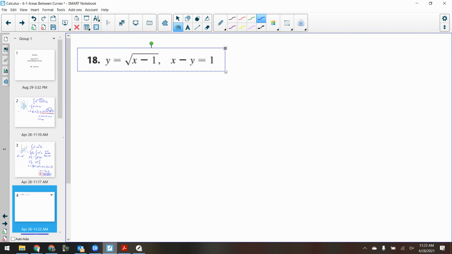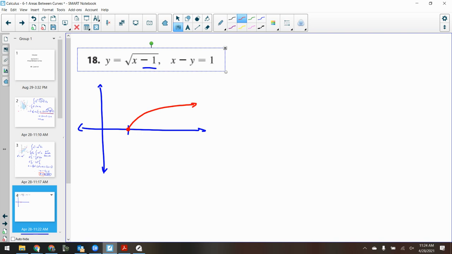Okay, so this is 18. So just to kind of sketch the graph to see what's going on, this is, what transformation is that? That'd be outside the square root. The right one. So here's